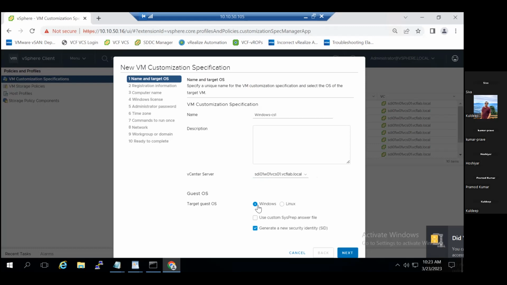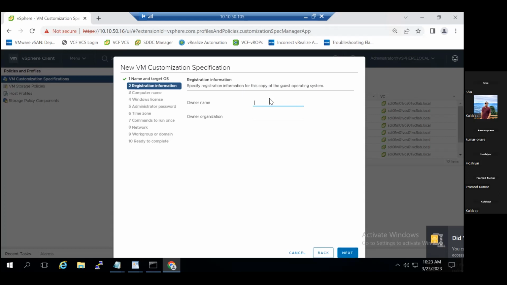So let's keep it as Windows, and we don't need any answer file for that. Keep the options as they are. Click next. For the owner name you can give HCL. Yeah, type HCL on the bottom as well. Click next